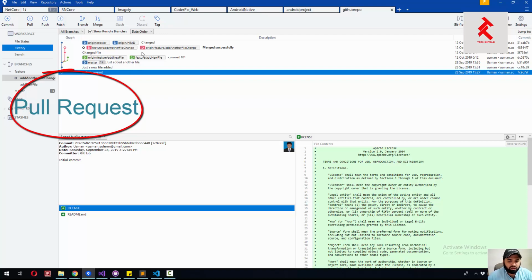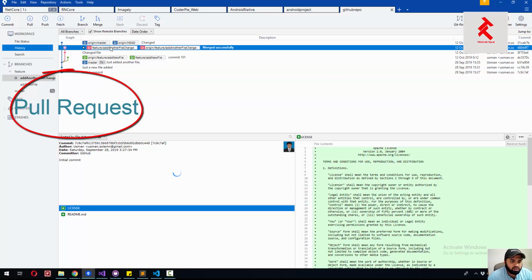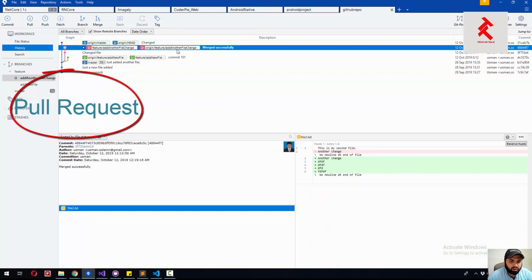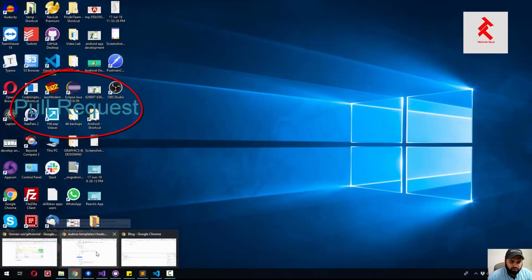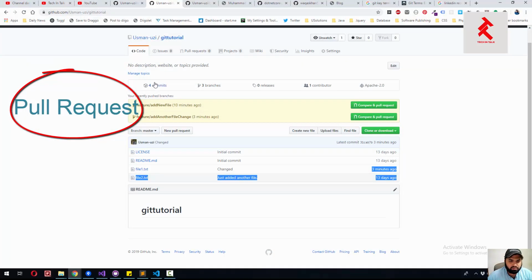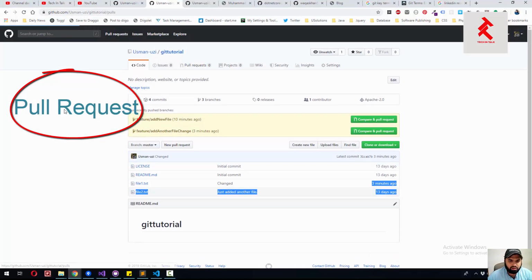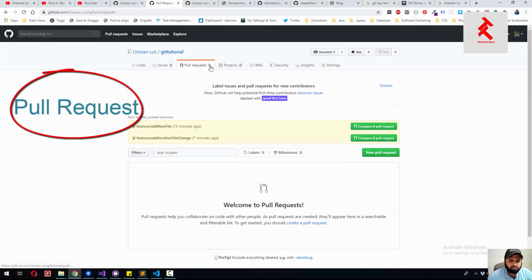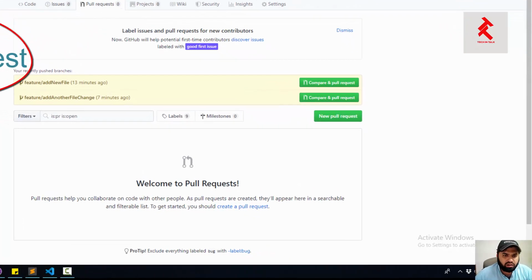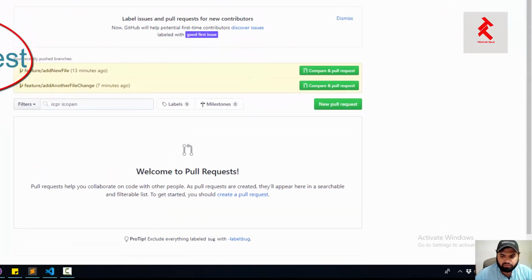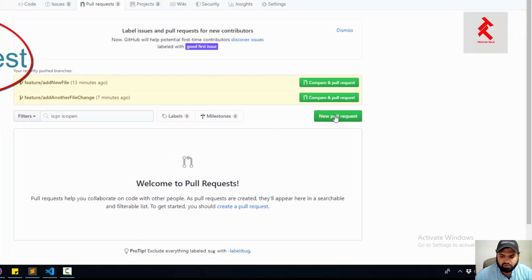So how can we do that? Let me demonstrate it. Currently I am on this branch. Add another file change, right? So let me create a pull request for this one, and what will I do? I will go to GitHub, and under the pull request section on the Git tutorial repo, there is an option available,